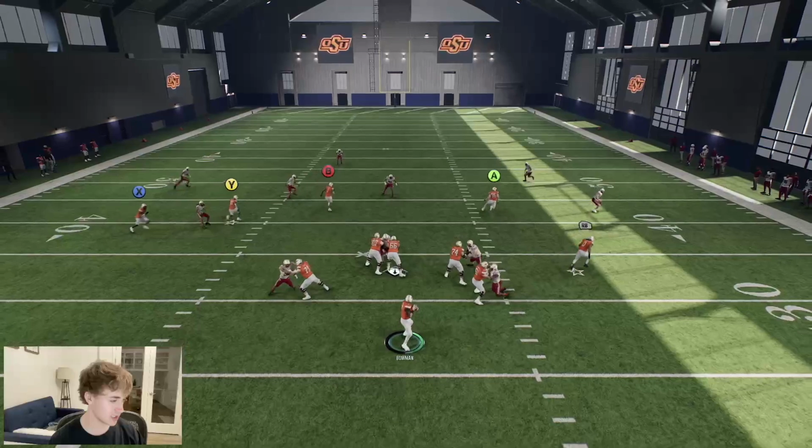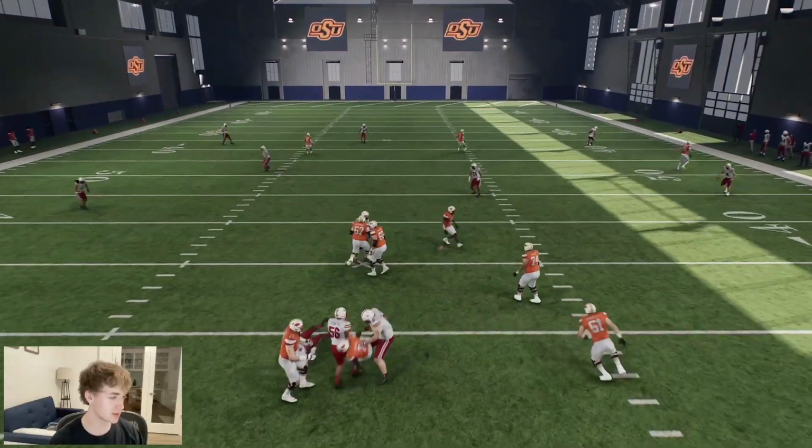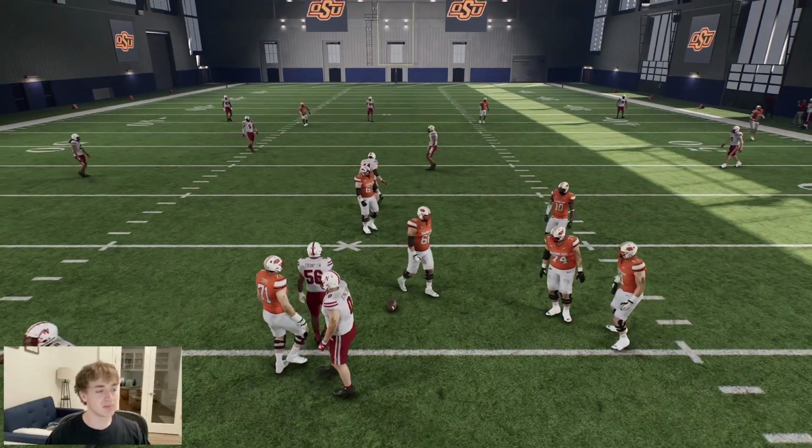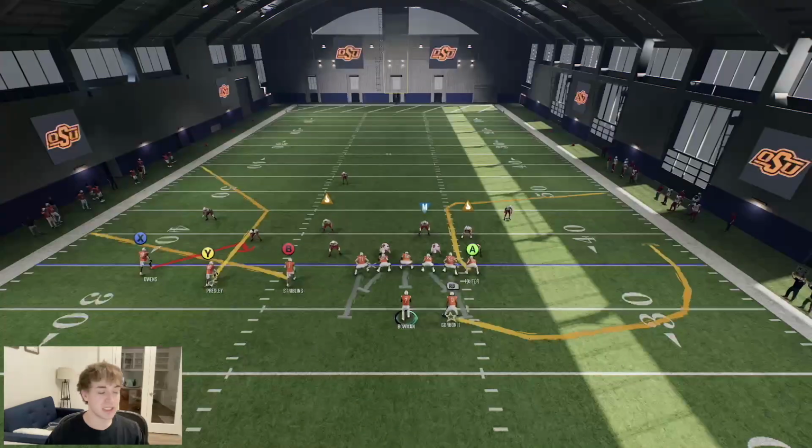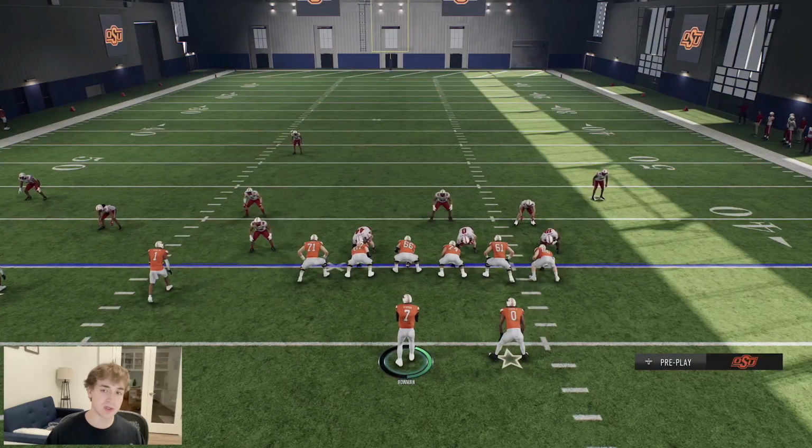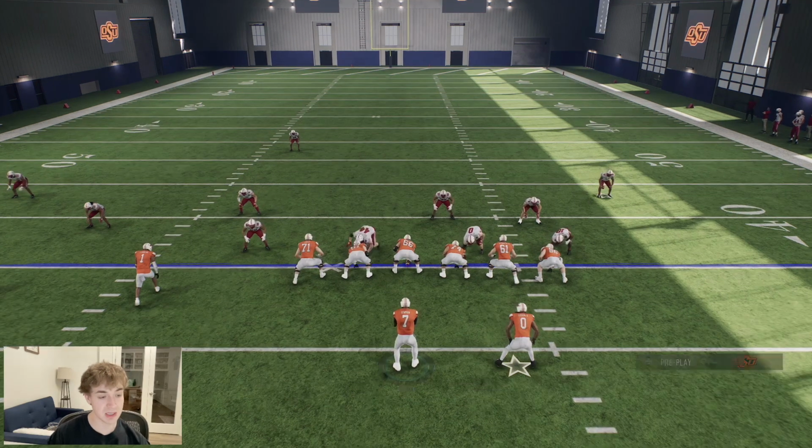I'm going to see if we can hit B again here. Obviously, you could hit him in that window. We had the drag open. We get the flat open late as well. That's just overall a pretty good setup. We didn't really complete the passes, but those routes were open. I'm sure you guys could see. Anyways, let's hop into our next play,